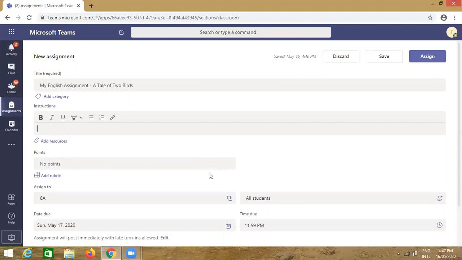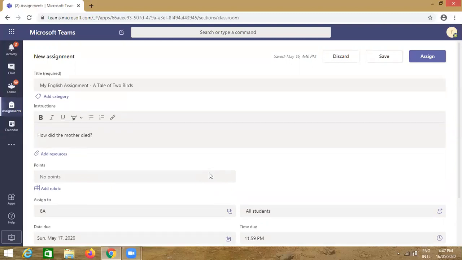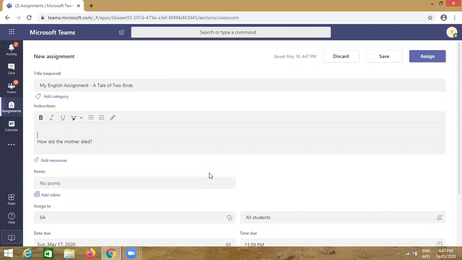You have to write the questions etc. here, whatever you want. So we can write the question: How did the mother die? Before this, we can write an instruction like, write the answers to the following questions.